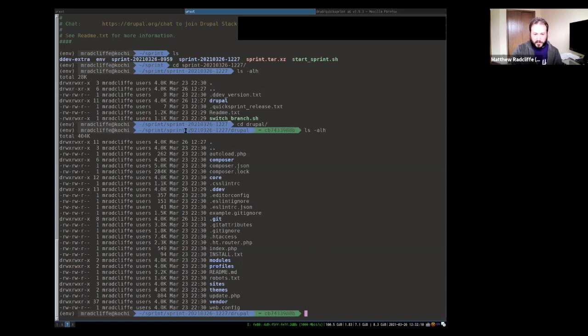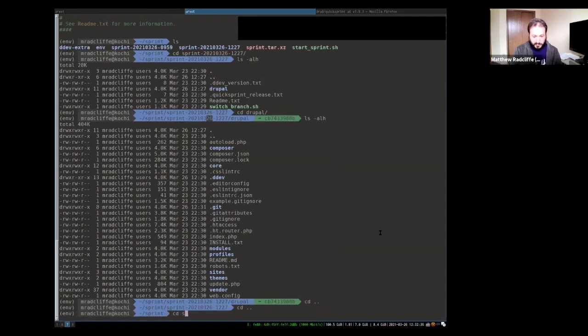These are encoded with the date. So if it's 2021-03-26, that's today. Whatever the latest one is there is the one you want to be in. I'll remove the other one. If you haven't used DDEV before, you probably want to not just remove that directory.